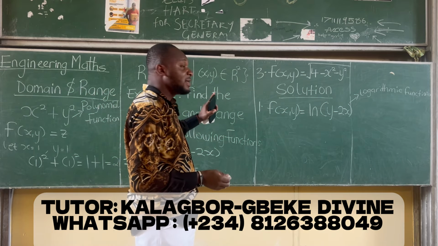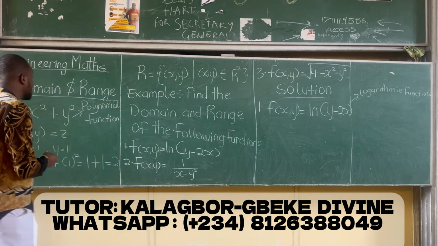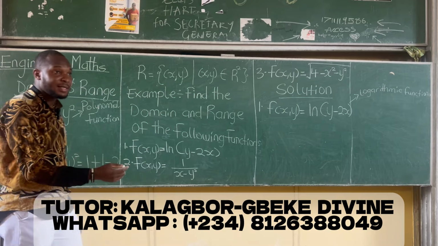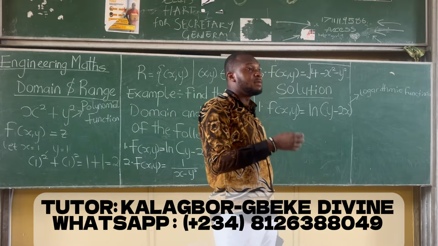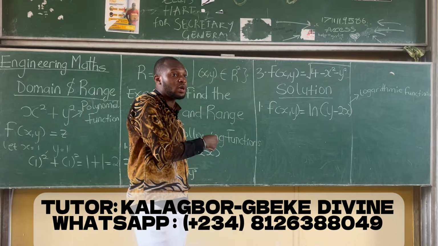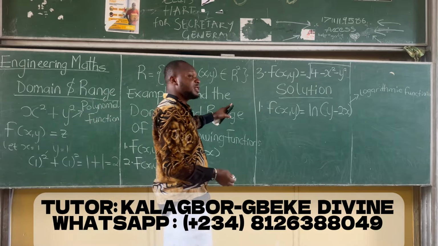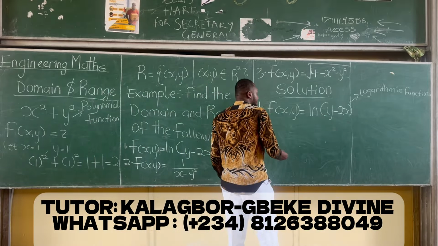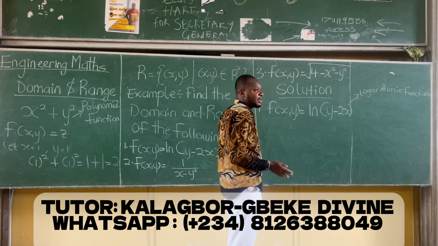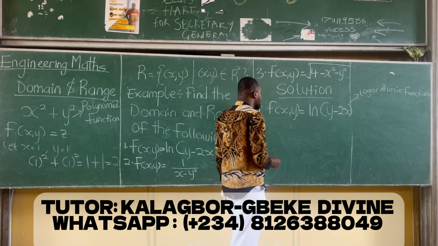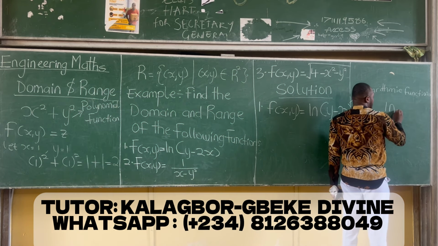For us to determine if the function is defined, the domain simply says the set of ordered pairs or other set of variables that would make sure the function is defined. To get the domain, to make sure that this function is defined, we need to know that this expression should be greater than 0. So let's say, for instance, we have